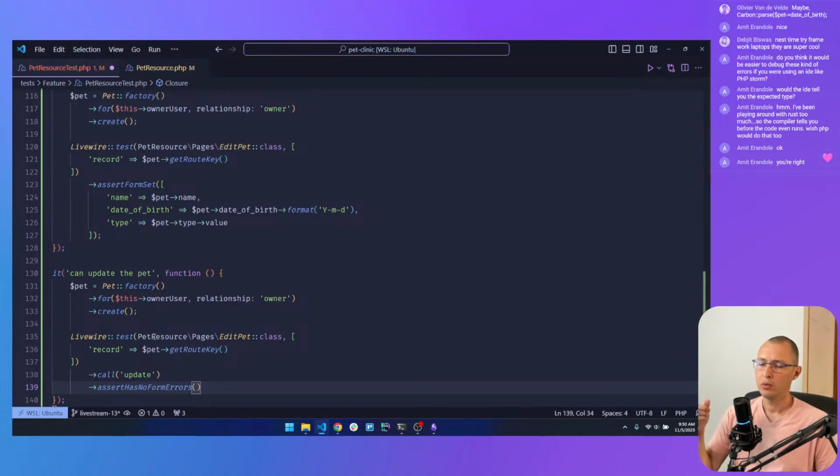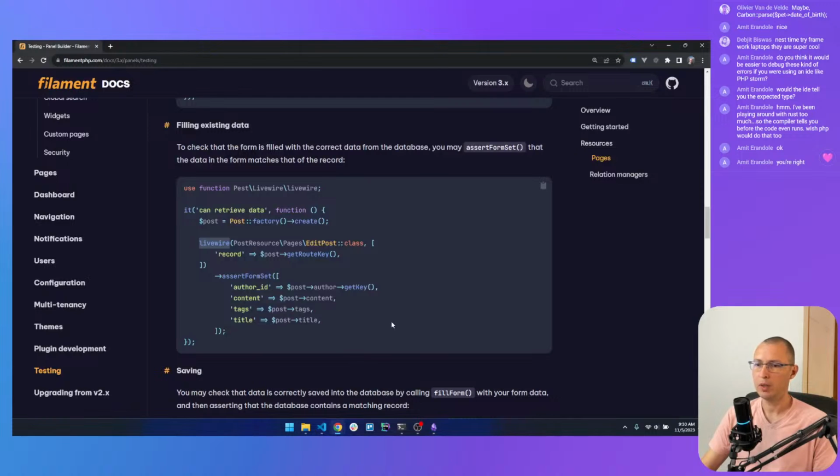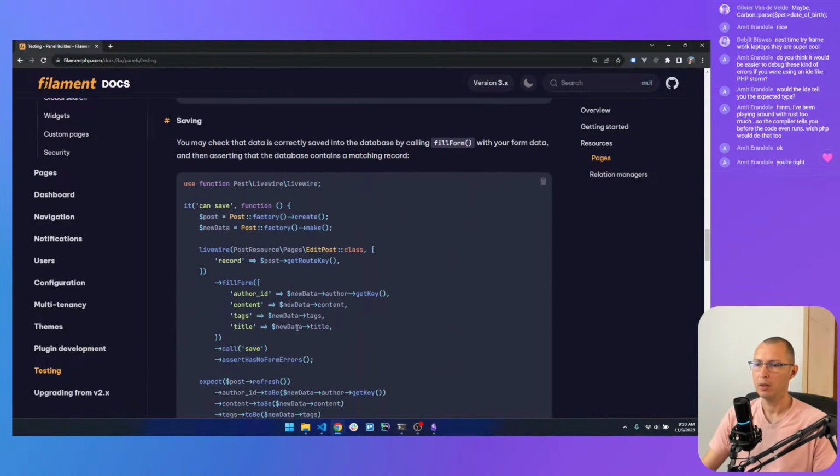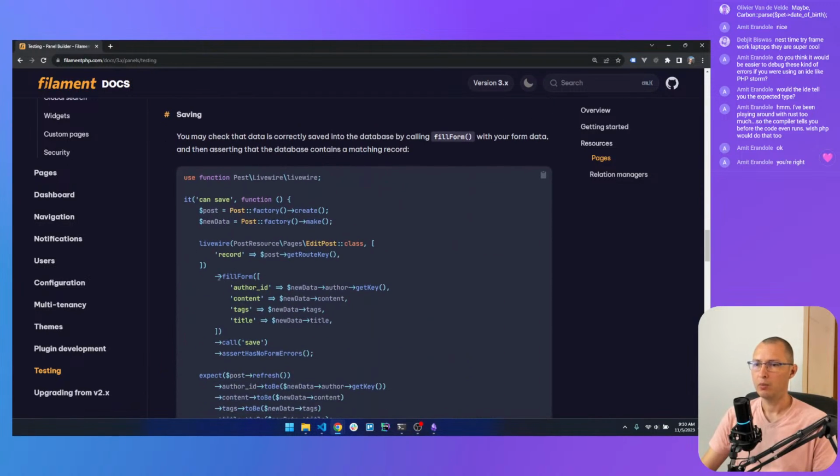But we do need to update the form. Let's see how do we do that. Let me check the documentation real quick. Saving. So we pass a record and we fill. Yeah, that's the thing.